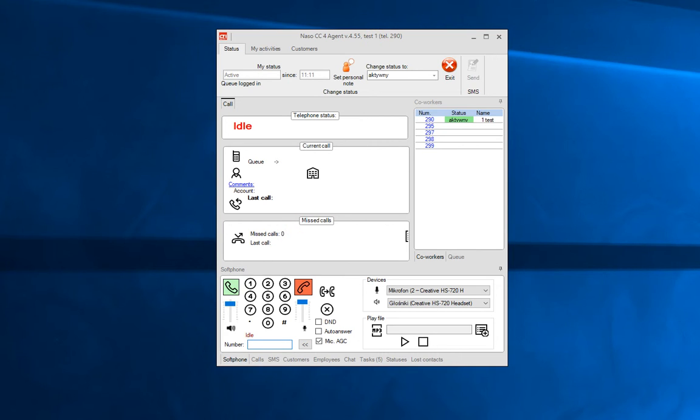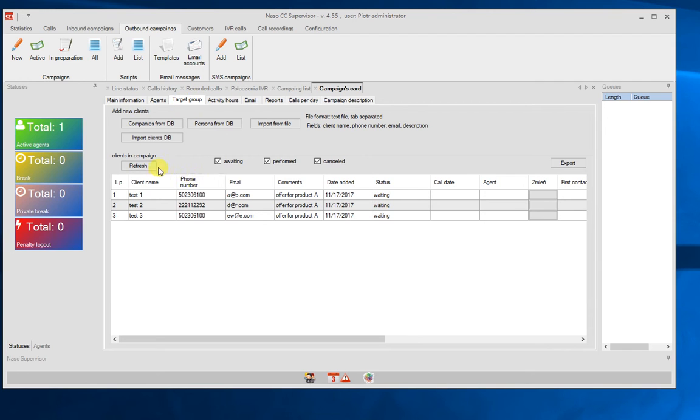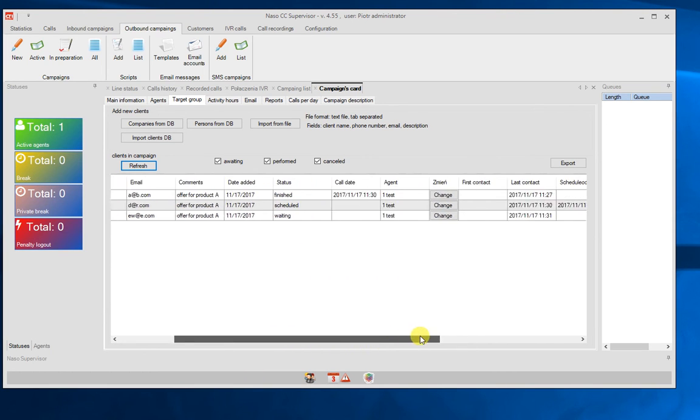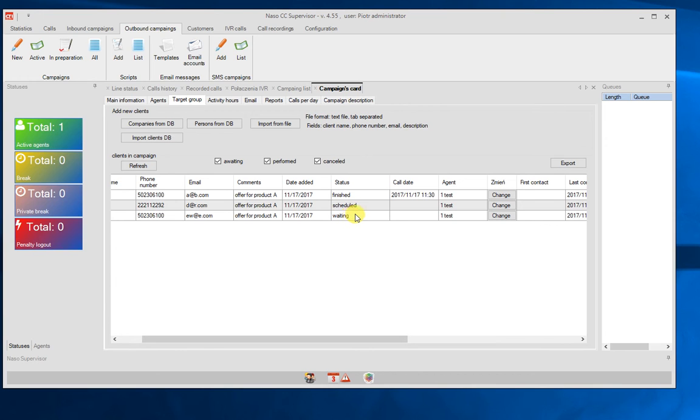Now if we go back to the supervisor, we can again look at the target group. If I click refresh, I will see the statuses of the calls. So we have one record finished with the information where the call was performed. The second is scheduled. If we move here, we have the information that this call is scheduled for today at 11:46, and one record was processed, but the call was